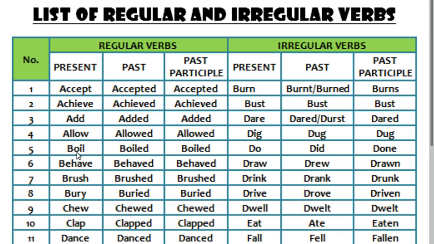So as example in boil: I boil an egg, I boil water, that means you cook the water. So we have there boil goes into boiled. Now here accept, accepted, there I pronounce the e. In boil I don't pronounce it. In boil I go just on boiled. You don't say boil-ed, you say boiled.